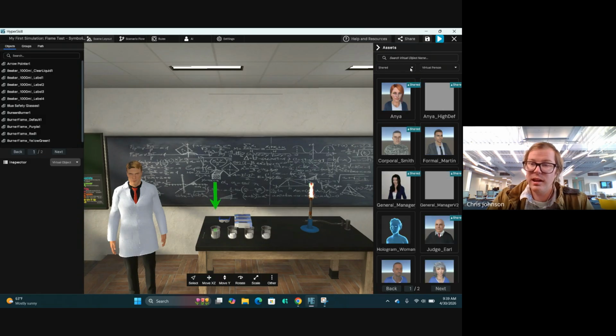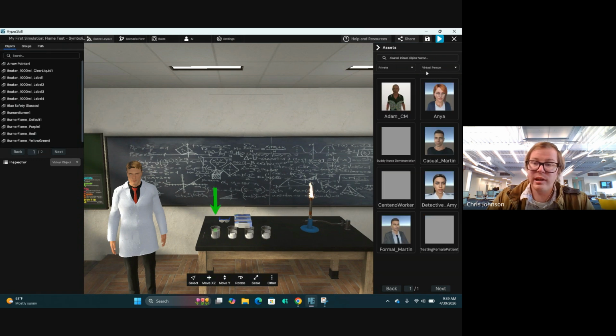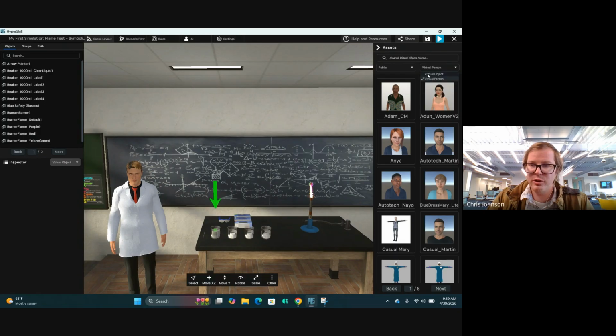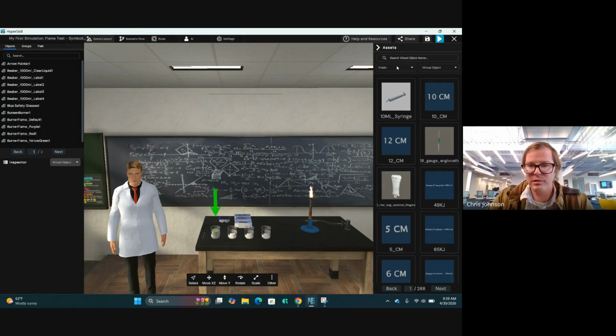So in the same way that you're able to upload your own virtual objects, you're also able to upload your own virtual people. And you're going to need a 3D model of yourself. However you come across that is going to be acceptable. It needs to follow Unity's